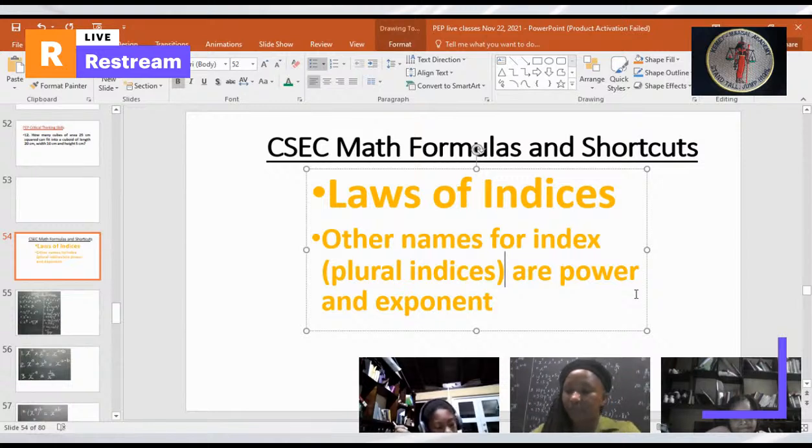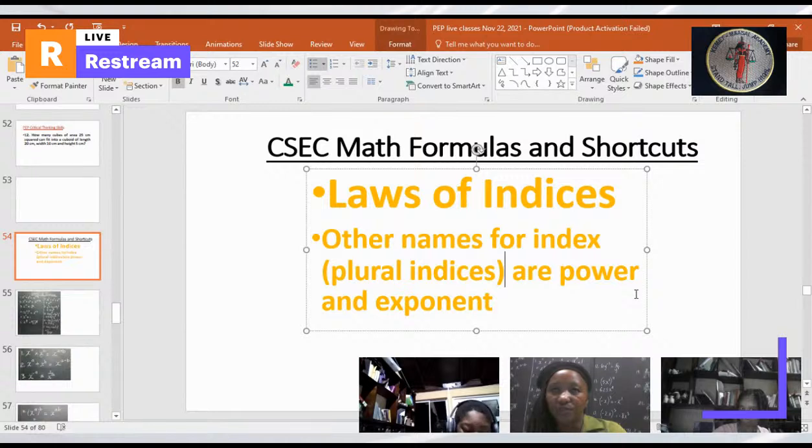Laws of indices. So the index or the power or the exponent is that little digit, that little number that you see at the top right hand side of another number or variable, and the number that is below it is called the base. So for example,